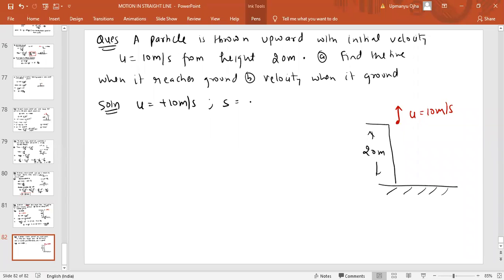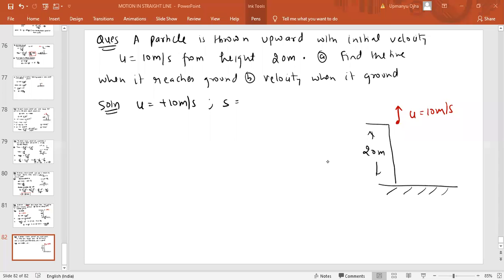Displacement here, plus or minus? Here you can say, sir, the object is moving upward, then downward, so distance s will be more than 20. Is that correct or not? We are throwing it upward, so the object will travel some height h, then again come back. It should be 20 plus h. Is that correct? Yes, it is the displacement, not distance traveled. It is not correct.